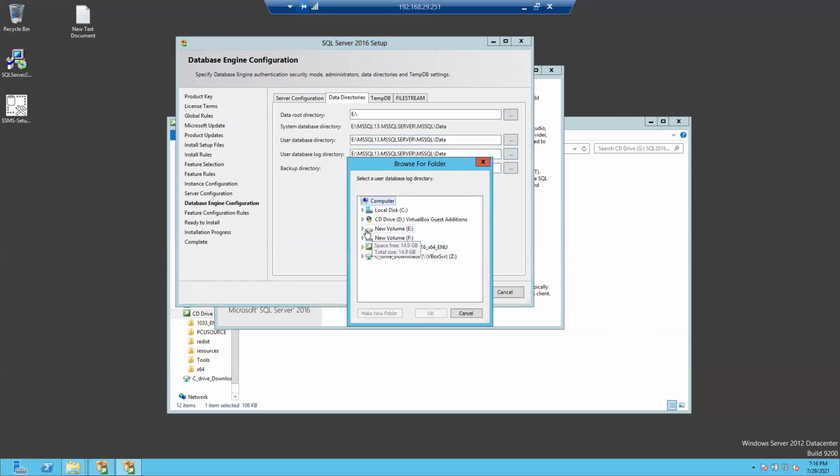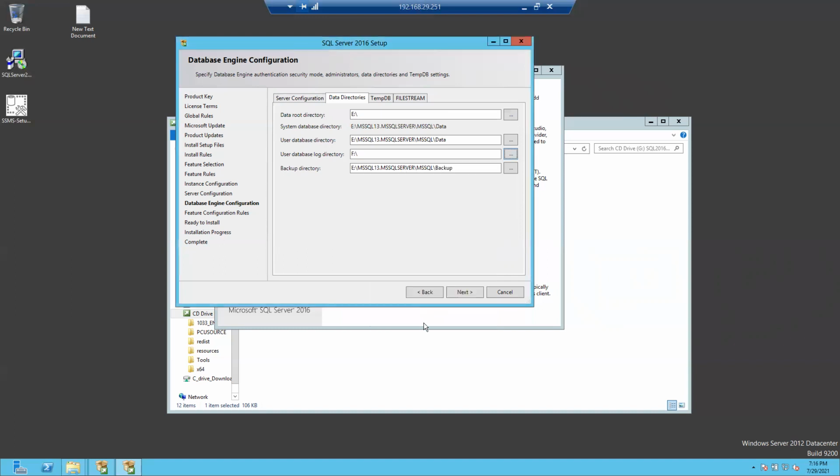Let's say the log I want to keep in another drive. I'm keeping data in this drive and log in this drive. That's my wish. And I'm keeping the backup directory on the same E drive. Whatever drives you want, you can keep it.